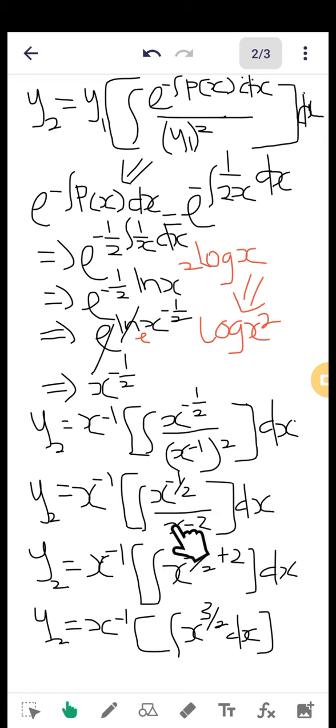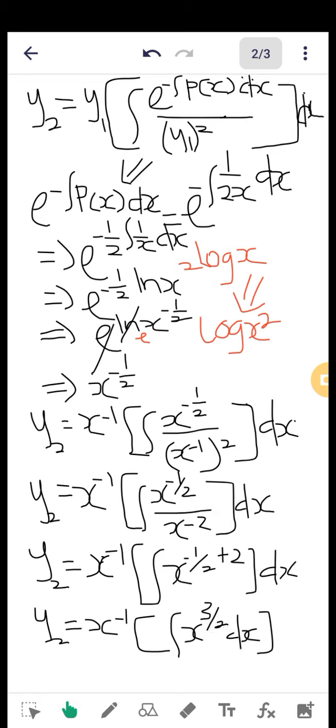And because they are of the same base which they are dividing, you maintain one of the x values. Then we try to send the minus 2 up. So when it comes to be positive 2, then we add it to the minus half. You know that my x exponent minus half plus 2, we are going to get x exponent 3 over 2